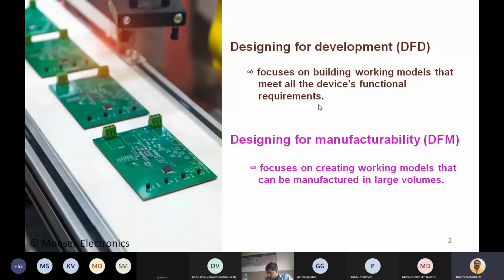Even at the time of designing for development of the application, we had not thought about whether that component is available in the market or not, because that controller is available with you and you have started working with it. But you have not decided whether you have to go for manufacturing of that product or not, whether manufacturers are available, or whether the cost of that product will be very high. You just converted your idea into a prototype. That is what designing for development is.